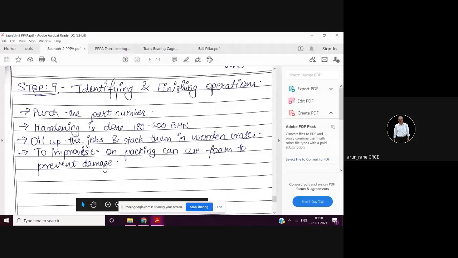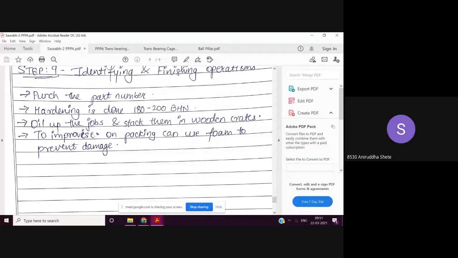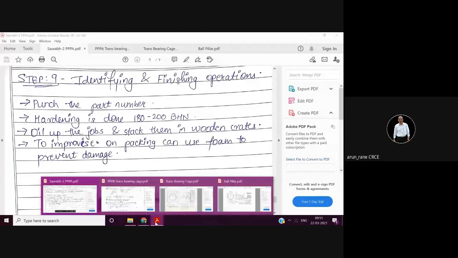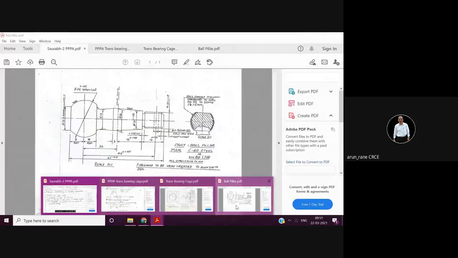The hardening is done 180 to 200 BHN. Now this is what will not come in identifying and finishing operation. Sir, this hardening of 180 to 200, it is given in the diagram, no? Yes, it is given in the diagram.